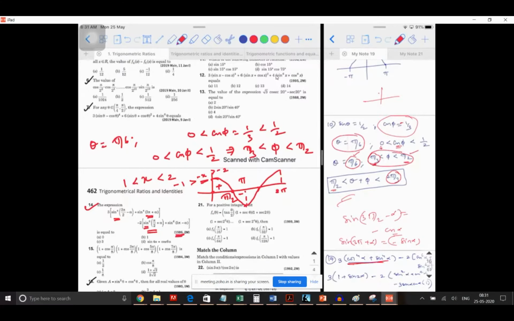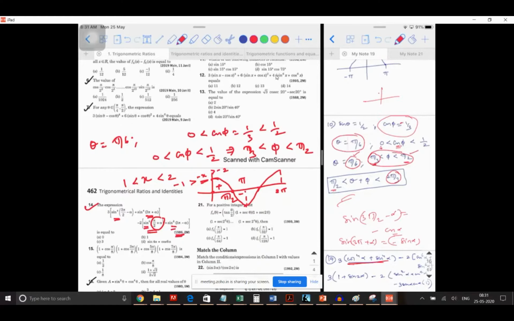See, I'll suggest you one thing. If at all you have this kind of confusion, suddenly this doubt arises, then what you can do is apply the sin A plus B formula immediately and check it off. You get the answer in a single step. Sin pi by 2 plus alpha means pi by 2 is taken as A, alpha is taken as B. Apply and see, you get the answer.